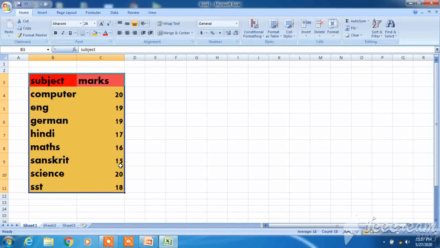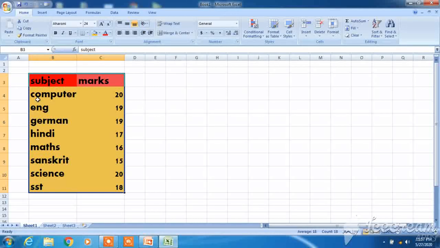Things are not like the English mark of 19 has changed after sorting from largest to smallest. No, the marks of the particular subject are indicated as they are. So this is custom sort, sorting of multiple columns.